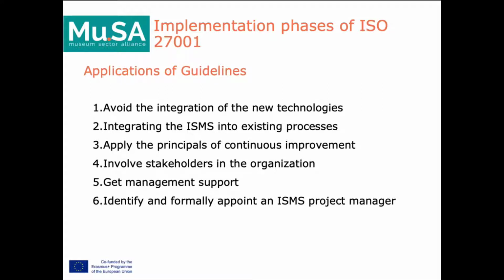Third, apply the principles of continuous improvement, taking into account the suggestions and improvements suggested by the interested parties in the project. Also, modest goals should be envisaged at the start and the progressive improvement must be set in the long term. And fourth, involve stakeholders in the organization, defining the roles and responsibilities of all project stakeholders early in the implementation process, ensuring their involvement and motivation. Study their relations and maintain them in the system once initialized.